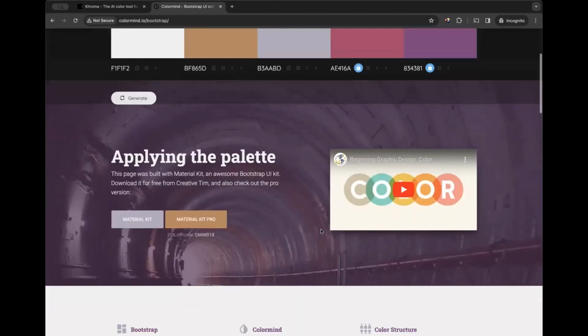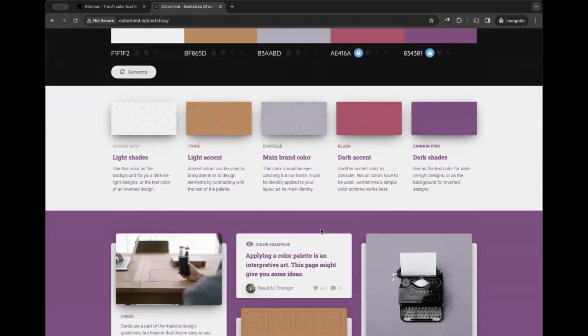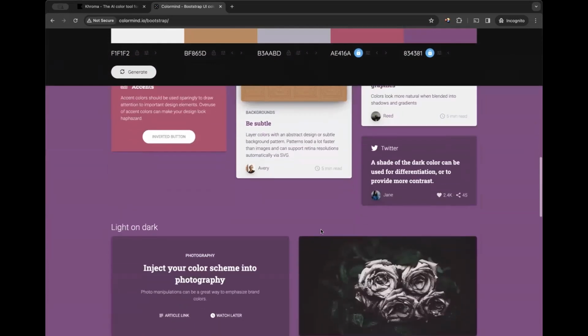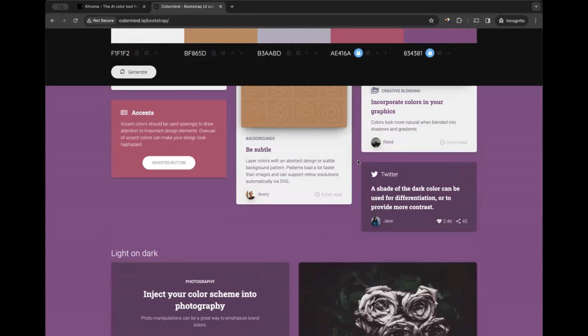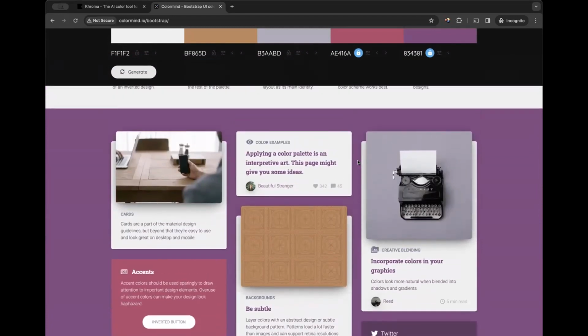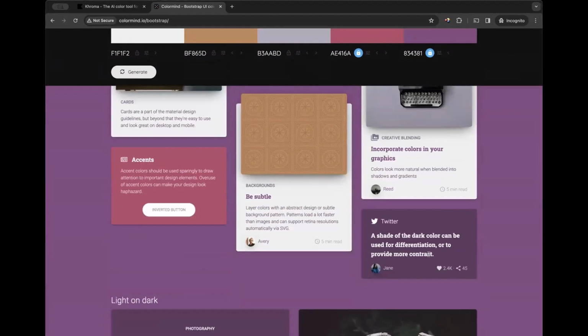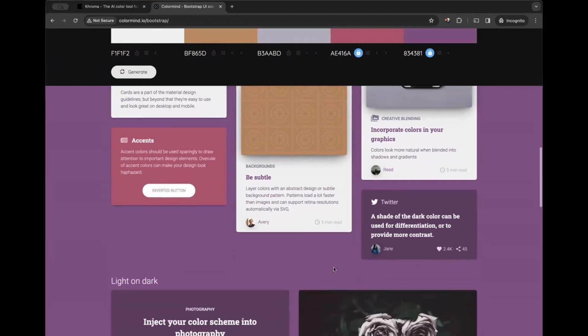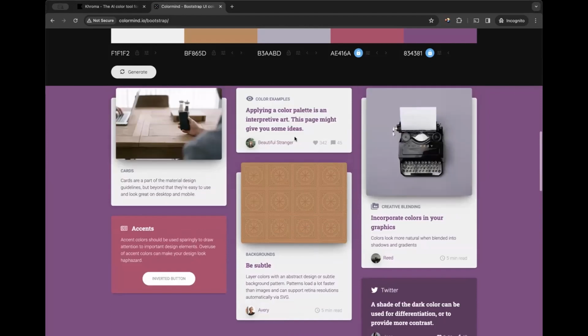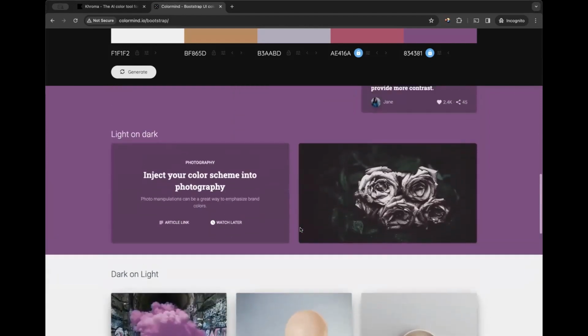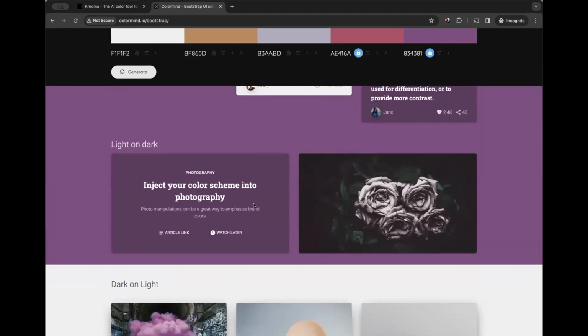Once you have that, just scroll down a little bit and you can see what it has done with the colors I've selected. It is showing me an application of those colors on different instances. So if I'm creating social media posts and I want to use that color, see the way the dark color that I have looks on the background. See the other color I have, accent colors, see how it looks on image treatment.